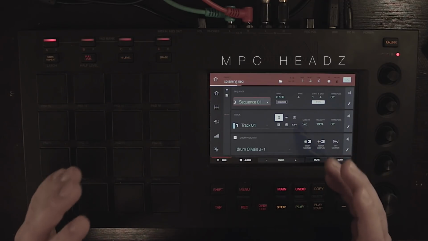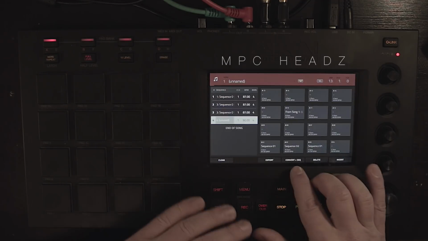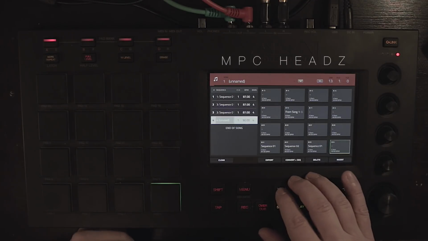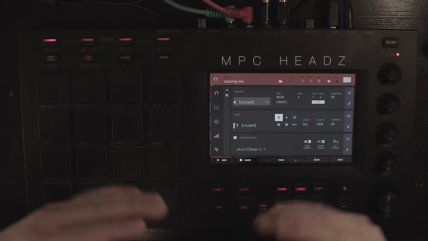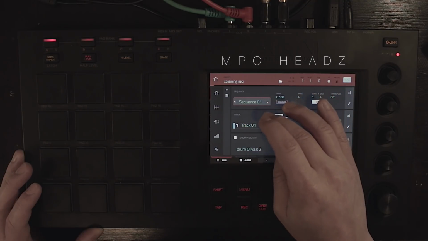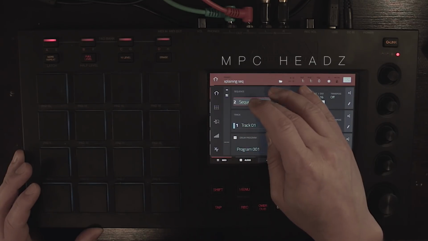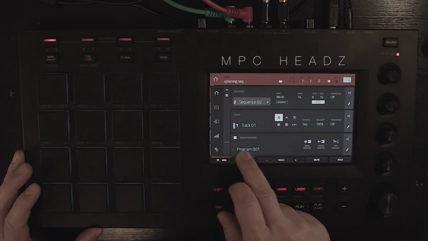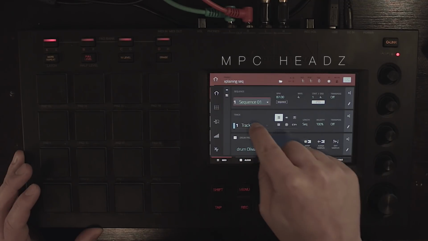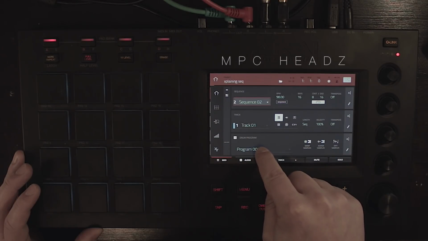And just to finish this video off, there's another thing I want to touch on as well. When we are working in song mode, if we do want to convert a song to a sequence, there's a thing that we should know, and that is that all the tracks should have the same program. Let's have a look at this. Sequence 1, track 1 has this drum program. If I was to chain this sequence together with sequence 2, track 1, program 1, which has a different drum program within track 1,